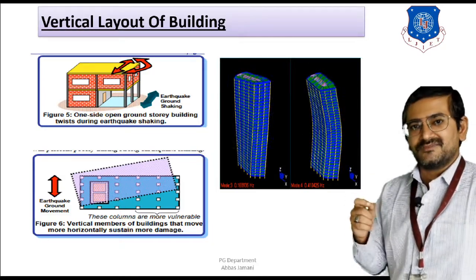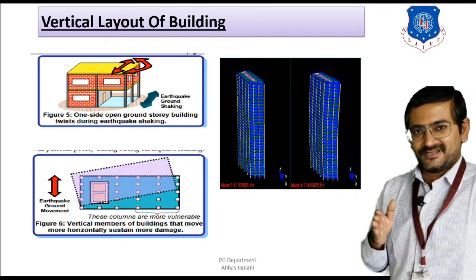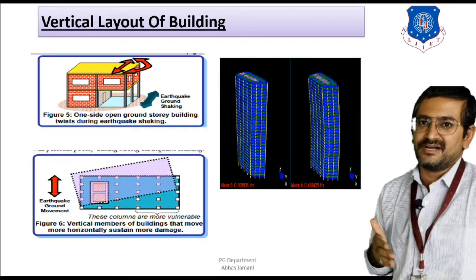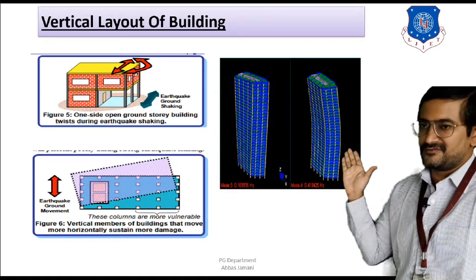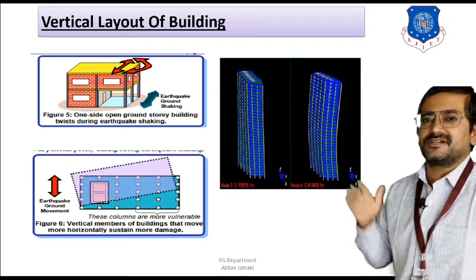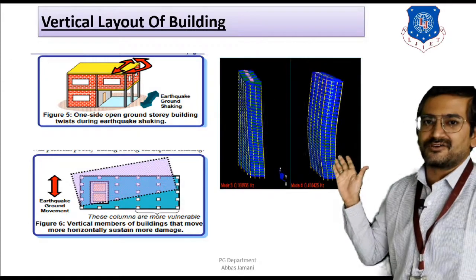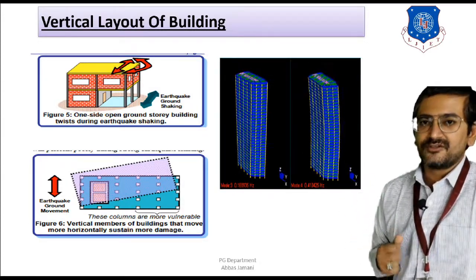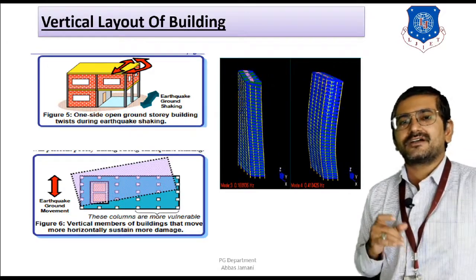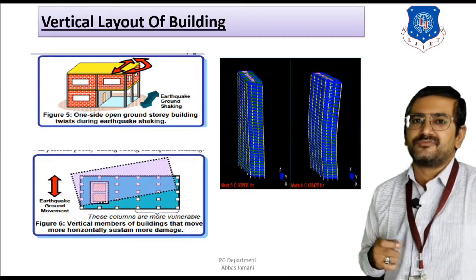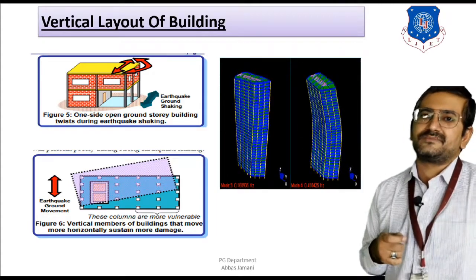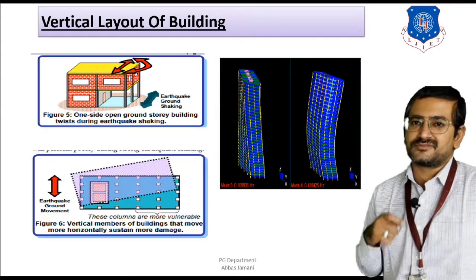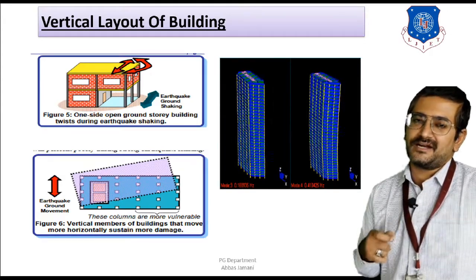Once the building is modeled and the loads are applied, when you study the behavior of the building, you will be able to understand the time period of the building, the modal frequency, and at the same time whether the building is undergoing torsion or not in all the particular mode shapes that are to be taken into consideration. So that is all about the different causes for different types of movements in buildings, which is a very important aspect to be understood with respect to the overall geometry of the building, in terms of structure as well as in terms of architecture planning.